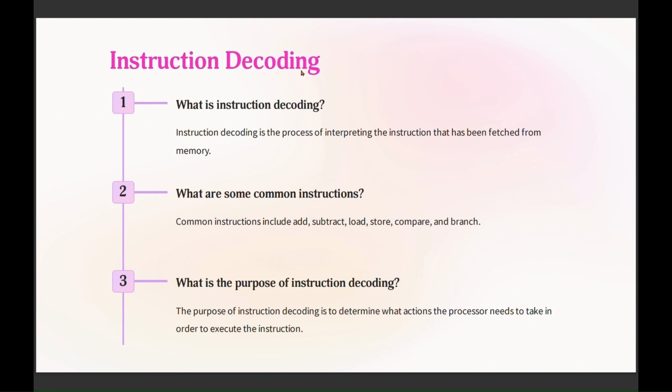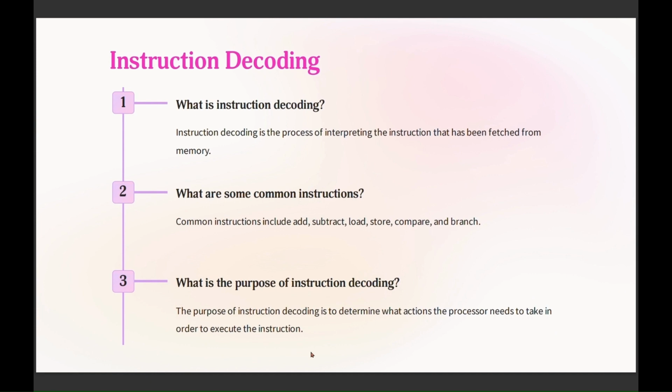So coming to the point of instruction decoding. What is instruction decoding? Instruction decoding is the process of interpreting the instruction that has been fetched from memory. What are the common instructions? Common instructions include add, subtract, load, store, compare and branch. What is the purpose of instruction decoding? The purpose of instruction decoding is to determine what action the processor needs to take in order to execute the